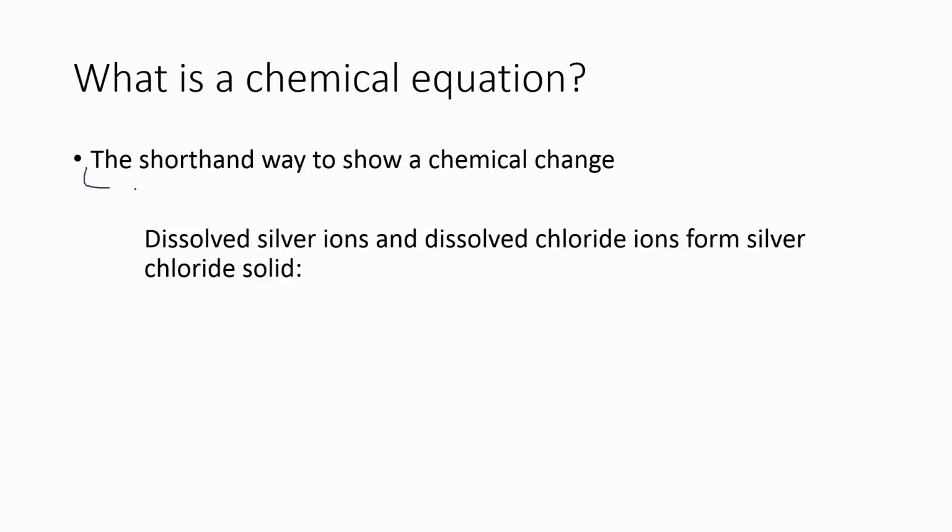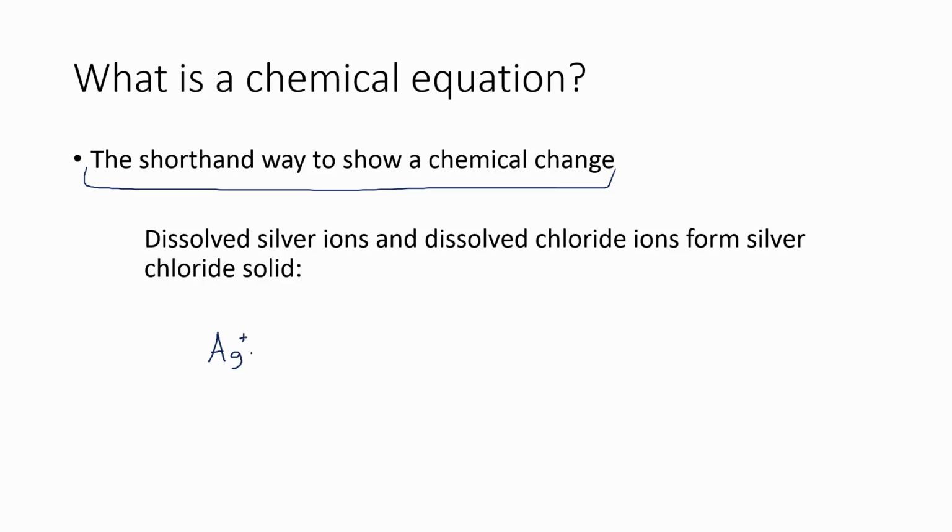Well, we've been talking about them and showing them and kind of pretending like you already know what they are all the way through, and you probably do because I'm sure you've seen something like this in high school, but chemical equations are the shorthand way to show some sort of chemical change. So if I say that, or observe that, dissolved silver ions and dissolved chloride ions form silver chloride, then what I'm saying is